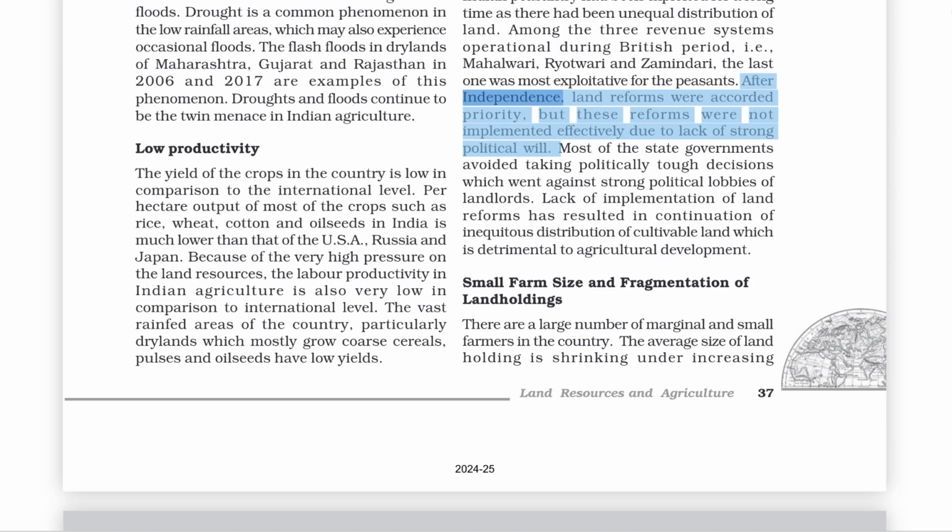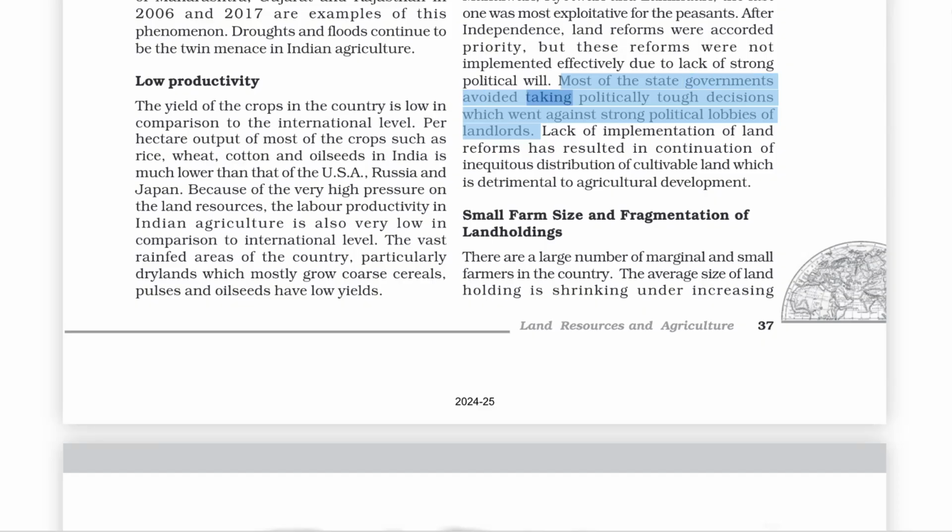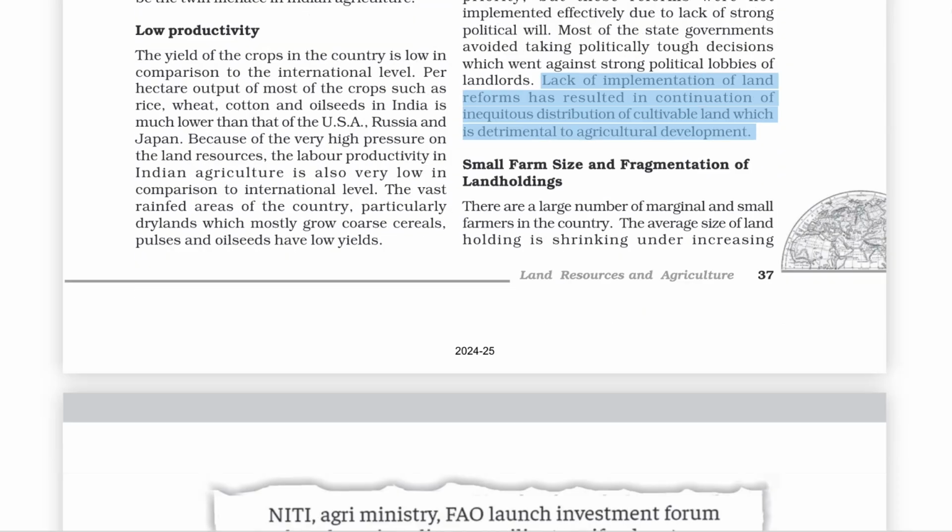After independence, land reforms were accorded priority, but these reforms were not implemented effectively due to lack of strong political will. Most of the state governments avoided taking politically tough decisions which went against strong political lobbies of landlords. Lack of implementation of land reforms has resulted in continuation of inequitous distribution of cultivable land which is detrimental to